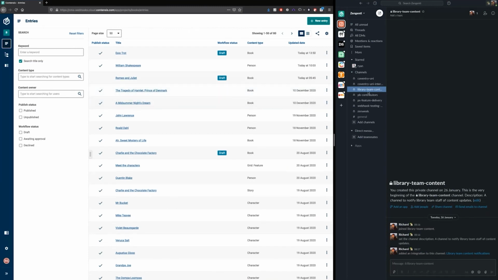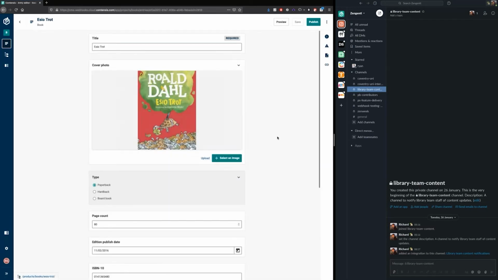So now, that webhook's URL that I entered relates to this library team content channel in Slack. And here's my entry listing in the same CMS. And if I go to edit a book, those of you who've seen my webinars before know I always use Roald Dahl books. If I open up Eco Trot, I'm on the VPN, so two seconds, here it is. So if I change Eco Trot to a hardback and I make a change, remember my webhook topic said when a book is created or updated, fire that webhook. So if I hit save now,